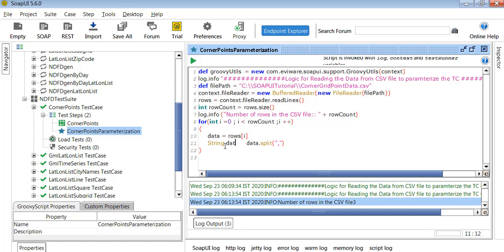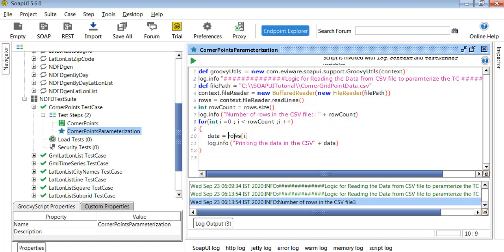Then we are putting data dot array. Okay, try to get the rows of I and try to print. Let's do one thing, don't take any split function. Let's see if there is any semicolon or any comma available. Let's try to print with log.info the data in the CSV first. If the split function is required or not, we can check afterwards. Otherwise, if it's not required, then we don't need to write it.